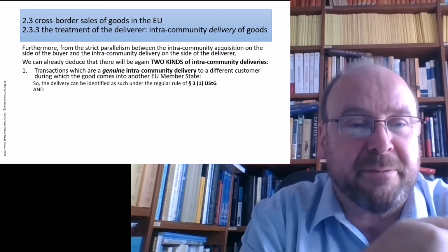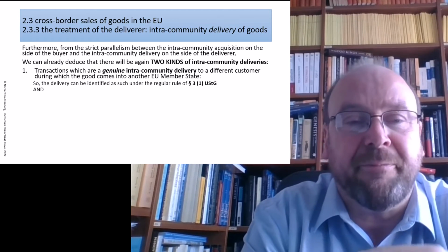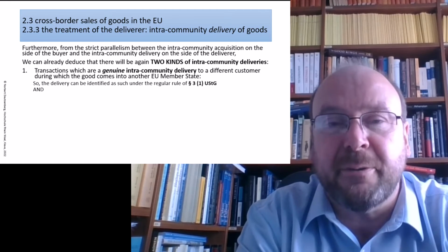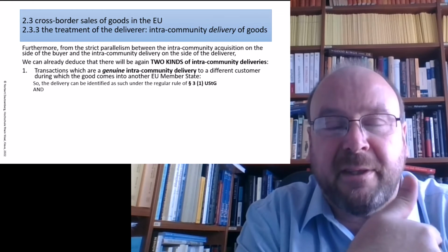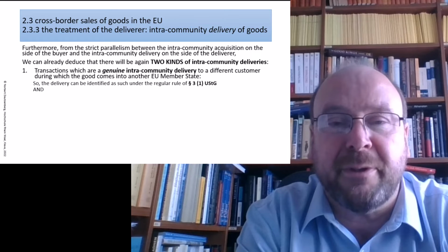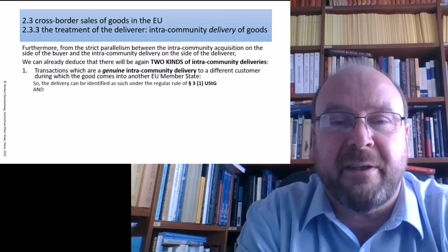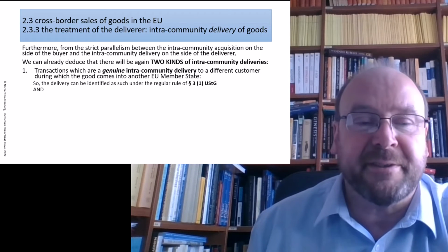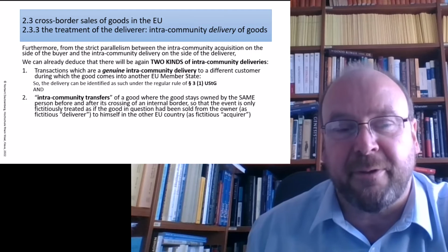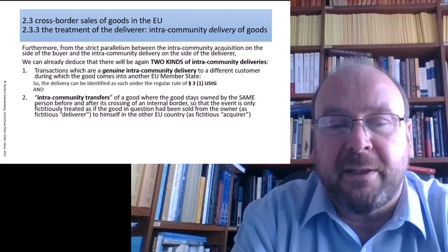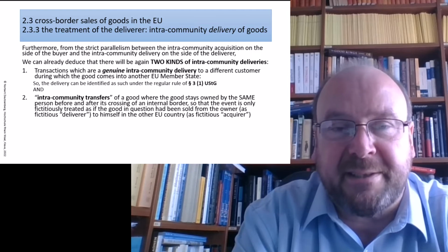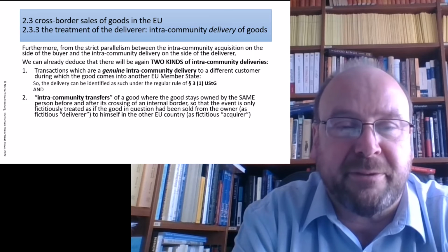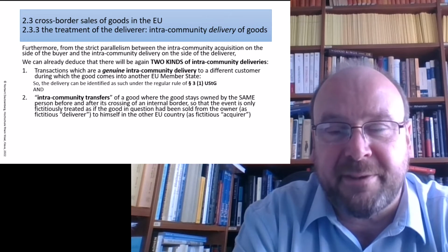Now here, when you cross with a good the border of an EU country, then there is no customs officer, no customs duties anymore, no customs declaration. So the person who crosses the border, if he or she is an entrepreneur, is just called up to declare the importation VAT in form of acquisition VAT himself. So an intra-community transfer of a good which is not sold can also be treated as a delivery fictitiously, because on the other side of the border it will be treated as a fictitious intra-community acquisition.